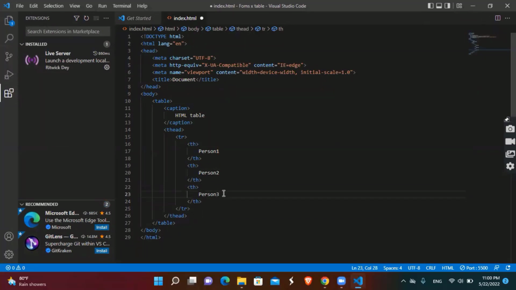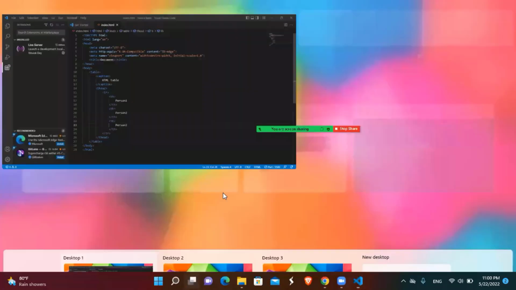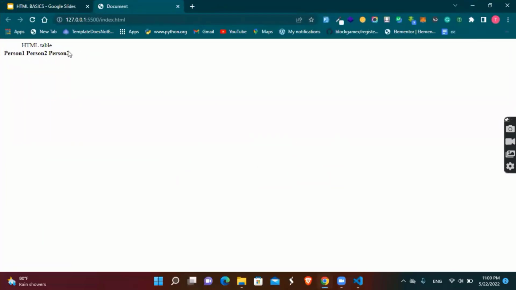Now you actually see it's still on the same line. When you're doing tables like this, for you to get proper alignment and know that, yes, the table is well structured,